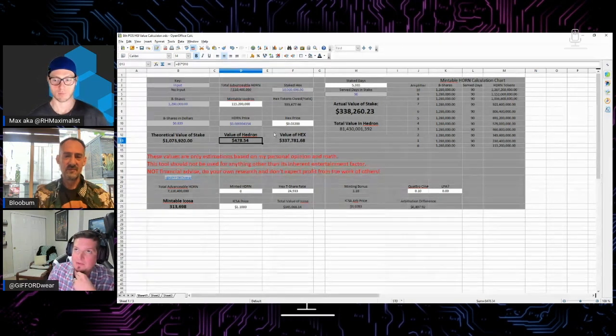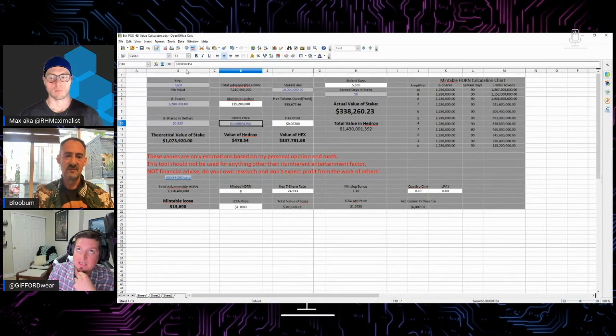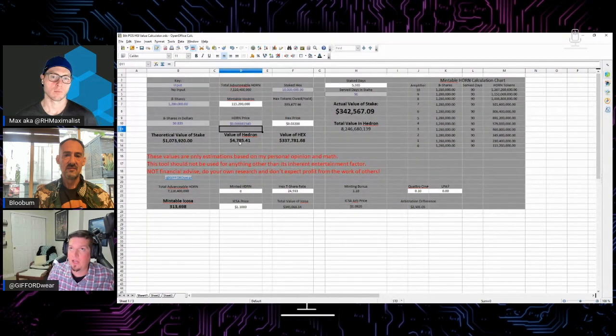So if that continues to happen, and let's say we see a pump just before auction and we lose another 0 in the Hedron price. Right now it's 5 zeros in a 4-ish. Let's say it drops a 0, and now it's only 4 zeros in a 4. All right. Do we see what just happened there? Now the value of Hedron jumped up,